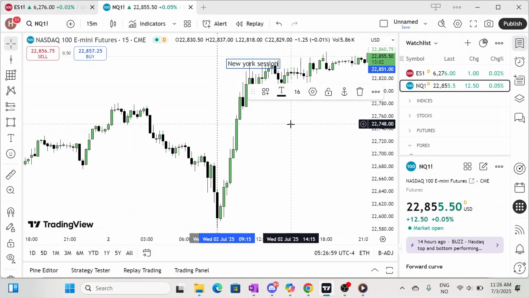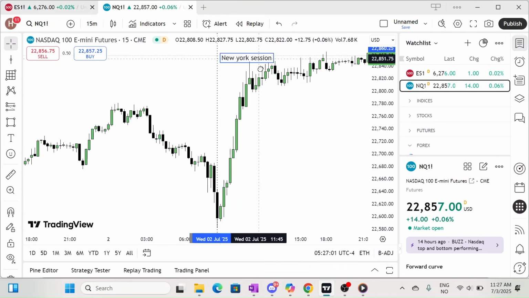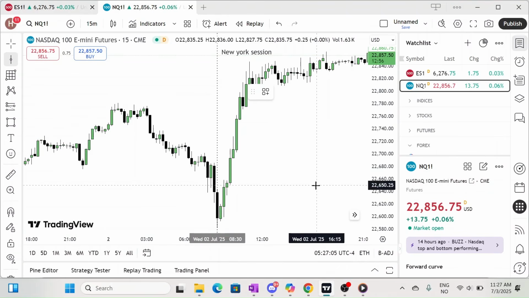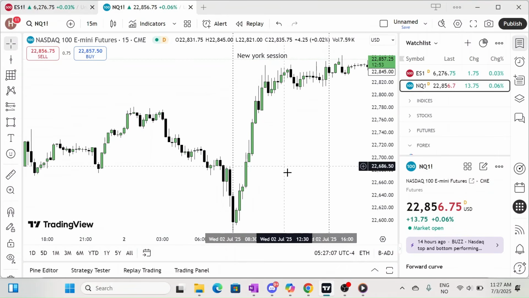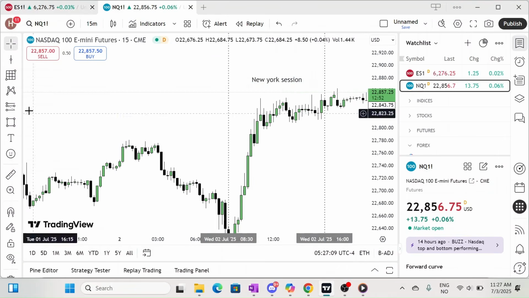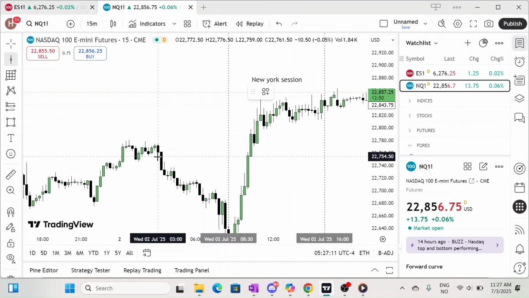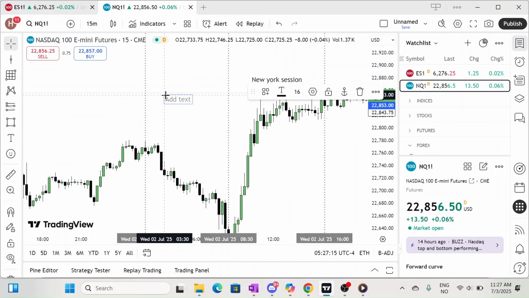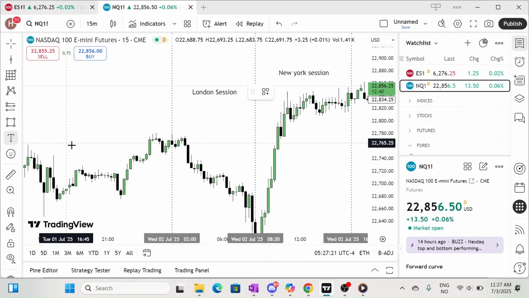That's when we mark it out. We have it marked here. It goes until 4. We have this marked out as New York session, and then we go and mark 2 o'clock. From that's when the London news come out. So we mark this as London session,